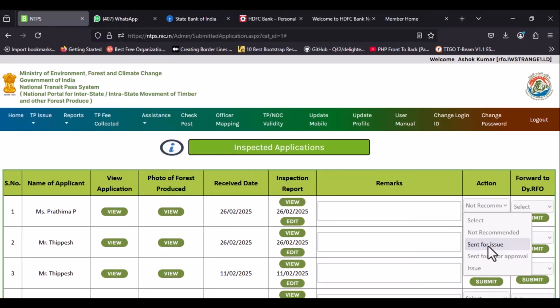Send for issue. If the RFO does not have the authority to issue the transit pass as per state transit rules, they must forward the inspected application to their senior for approval and issuance.